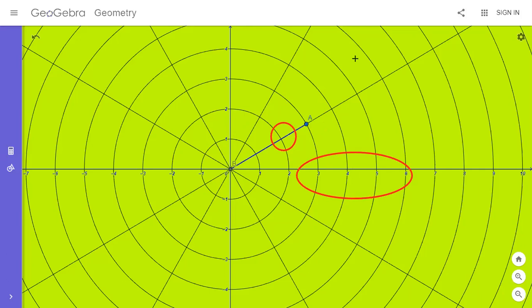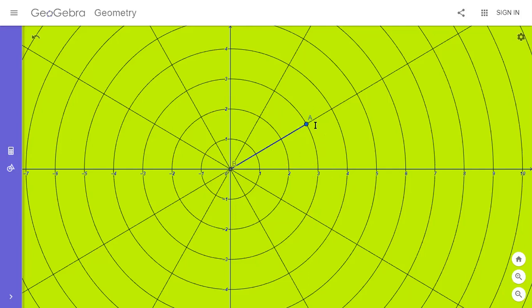Let's find out the angle. We have already discussed that one sector contains 30 degrees. So the angle made by this radius with the positive x-axis is 30 degrees. The angle of each sector is 30 degrees in this graph. Okay, we have calculated the two parameters. The radius is 3 units, and the angle is 30 degrees.